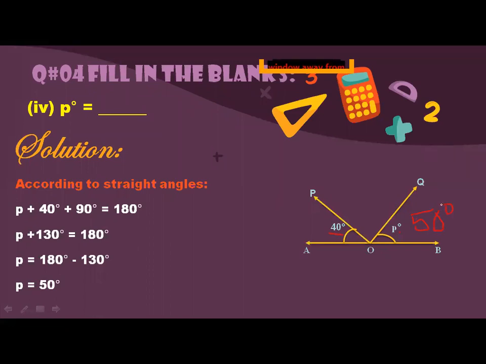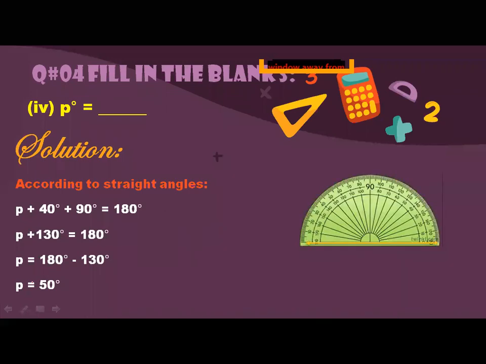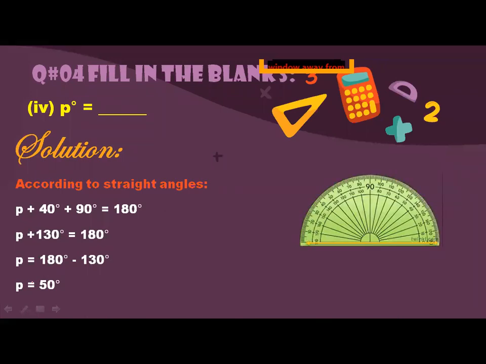Is it clear? Means when you are going to place D here, on the left side you will form the angle of 40 degree, and on the right side you will form the angle of 50 degree. And when you remove your D, it will automatically form this angle that must be equal to 90 degree. This is 90. So now we are going to draw it. Let's look at here. First, you will draw this straight line. After that, you will place your D at the center of the line. It must be at the center.